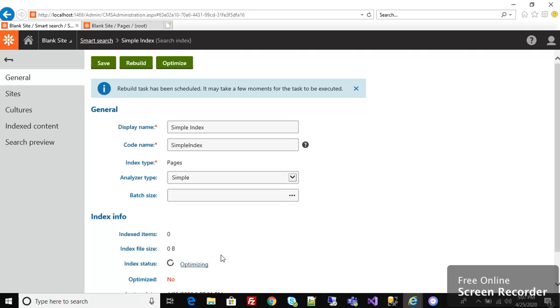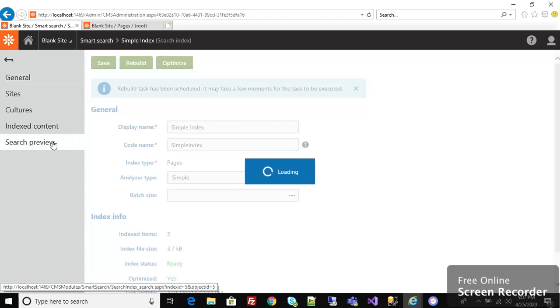You can see it's rebuilding here. You can see that it has indexed 2 items and the index file size is 3.7 KB. In case we need to test our index, go to the search preview.